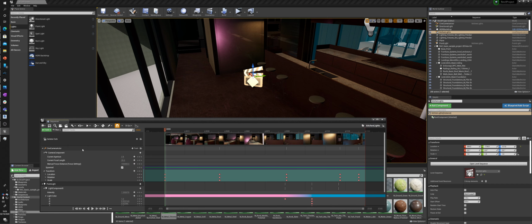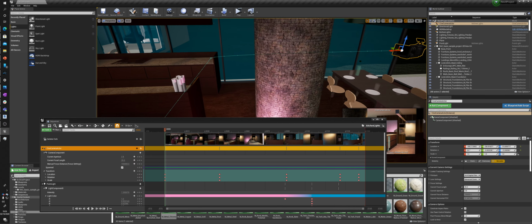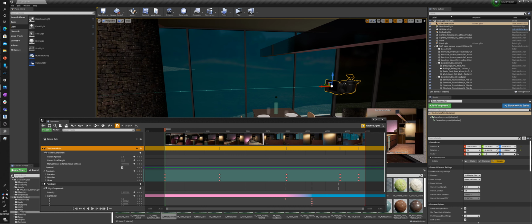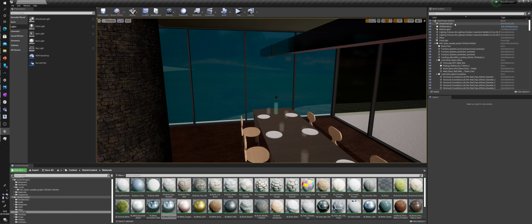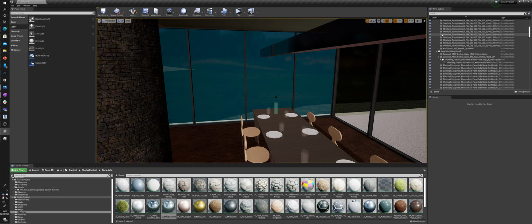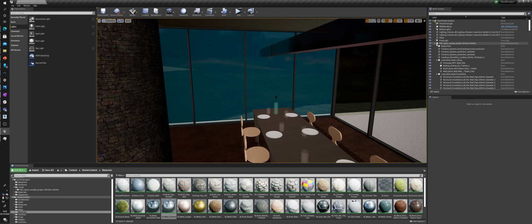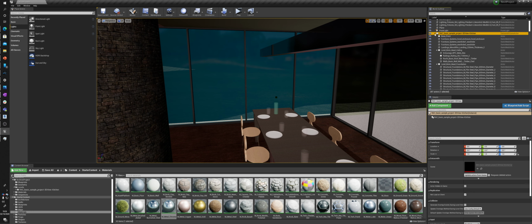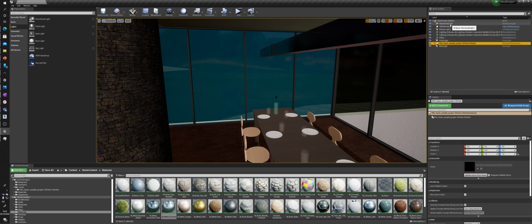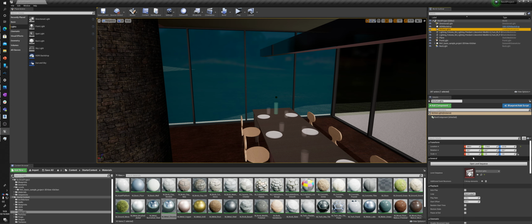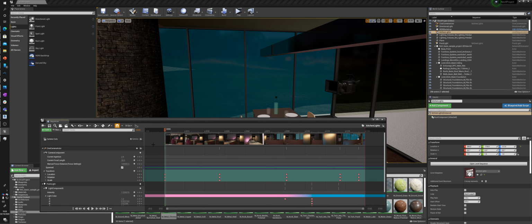We can choose camera actor 1. We could just click on the camera at the top there. No, so he is inside kitchen lights. Open level sequence,